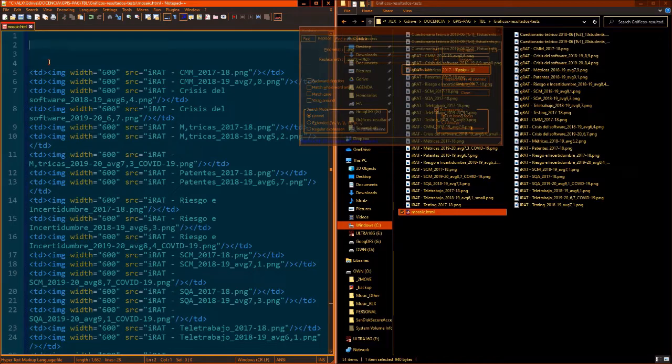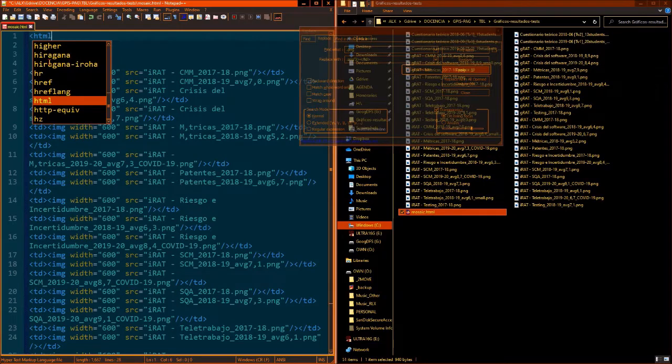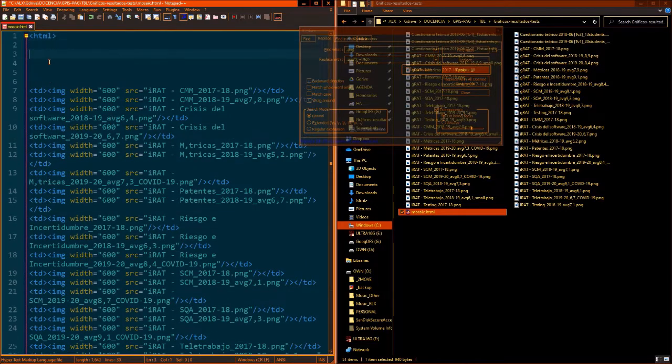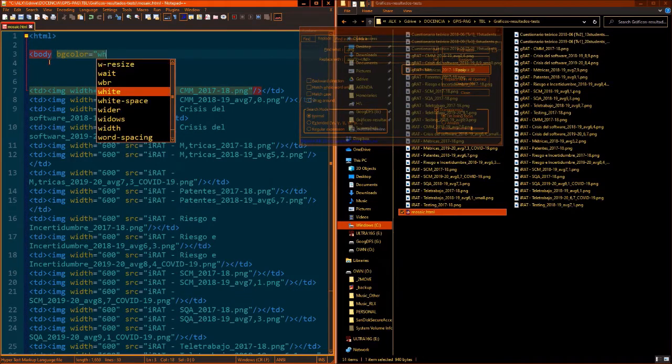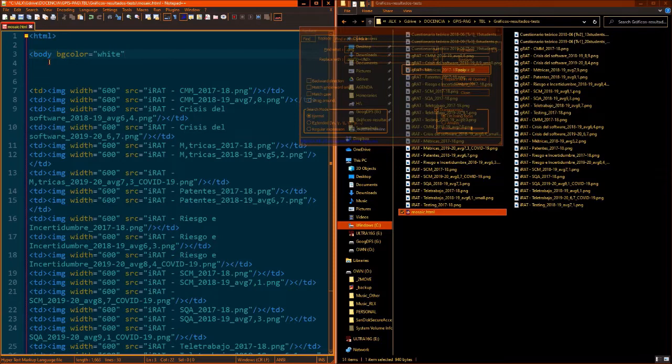What else? Well, I have to encode the rest of the file, HTML, body. I can include some background color here, because I'm working in dark mode, so this will avoid the images appearing on a black background.